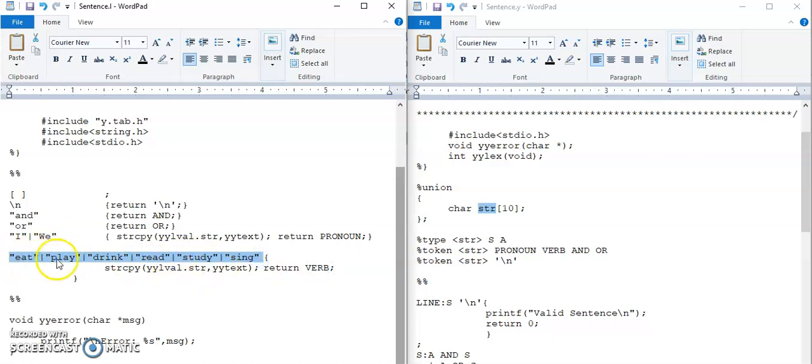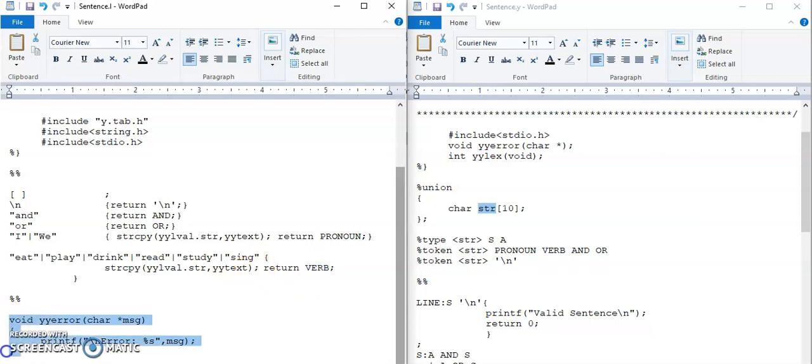So if any of these verbs is used, then only it will be valid for our program. You can add more verbs by adding them here. So again, if any of these, that is eat or play and so on, any verb of this is matched, then that verb is copied from yytext to yylval.str, and then the token VERB is returned to the Yacc program.